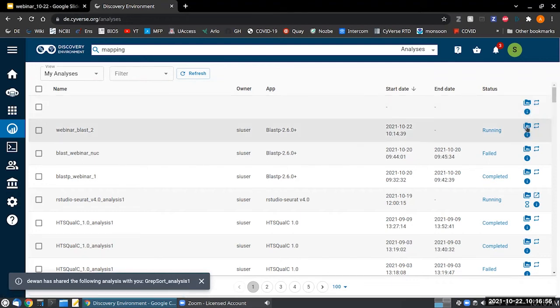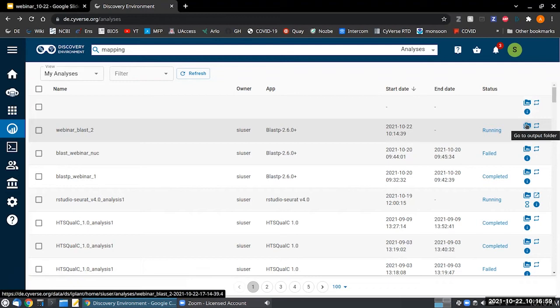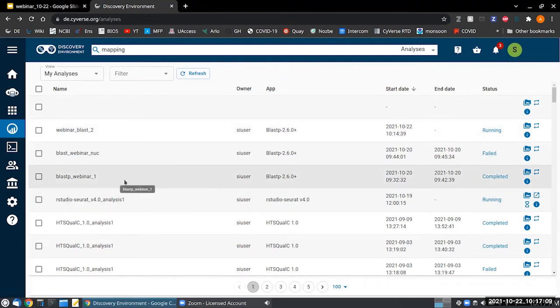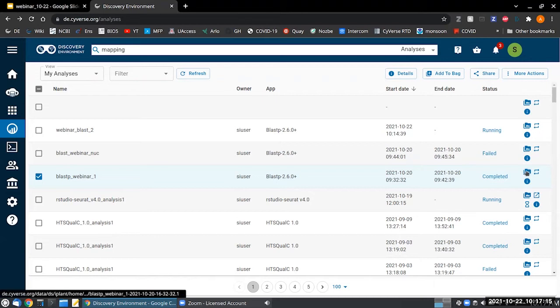And then finally, there's the output folder icon. So this is something that only becomes available once your analysis has finished. So either failed or completed. You can see our analysis is still running, so this isn't going to be ready yet. But a couple days ago, I ran this analysis, which is exactly the same thing, and it has already completed. So if we click on the folder,